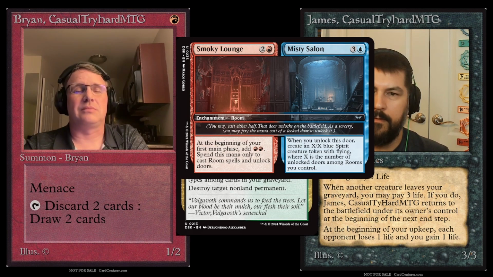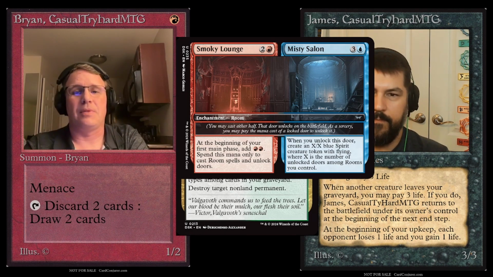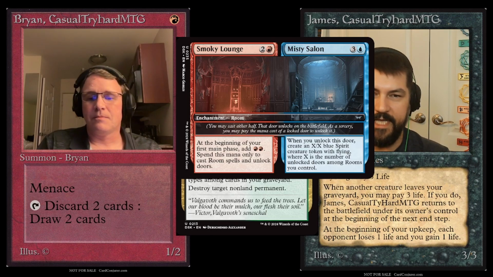I feel like you have to have 4 rooms unlocked to feel like you're ahead. Right, because a 4 mana 4/4 flyer is kind of the rate for 2024. That seems like a lot of work when you can probably just find a 4 mana 4/4 flyer at uncommon. That's my point. I don't think you ever cast the second half of this. If you want this card, it's for the first part, so you can play your